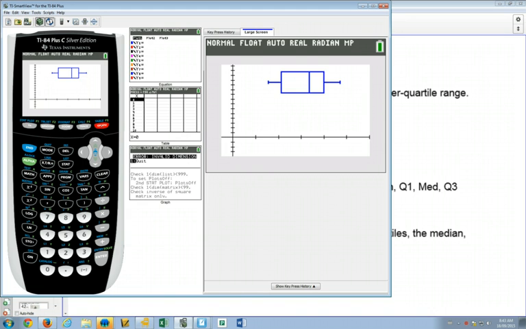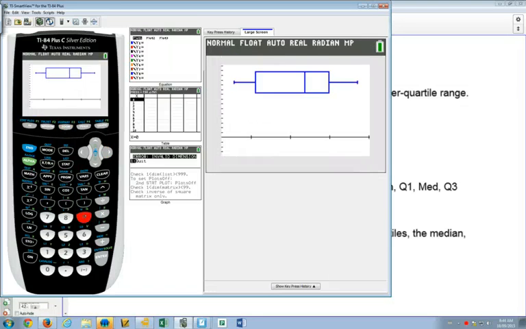Now if you hit your trace button, you can toggle between the edge of the whisker, the edge of the box, the median, quartile 3, and your maximum. So if you create your box and whisker plot, you can quickly get all of those values as well. Did everybody's automatically come up to the same picture? Because if yours doesn't show up on your screen, then I would suggest pushing zoom and then stat. So that's what I've done right here. And then it creates your whisker plot